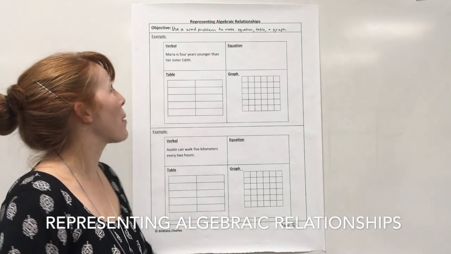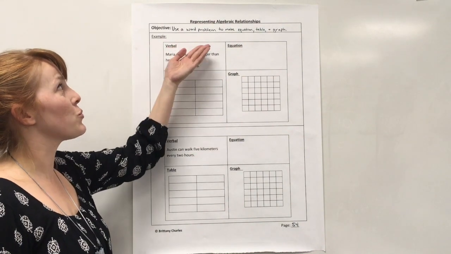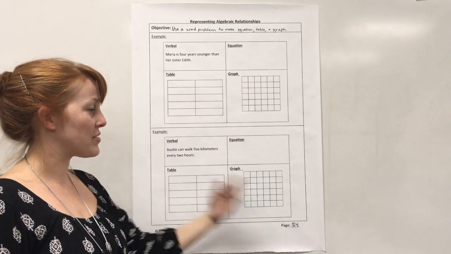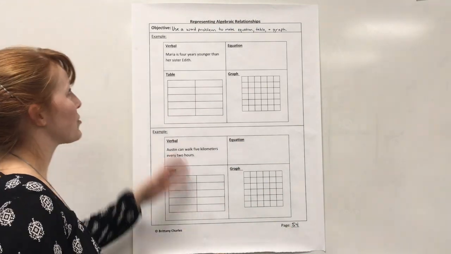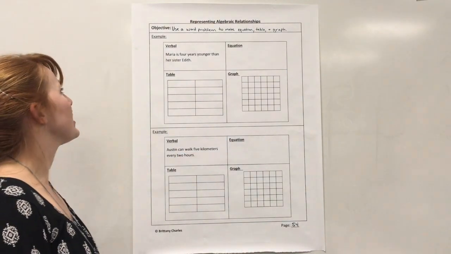Hi, today we're going to be representing algebraic relationships. So our objective is to use a word problem to make an equation, a table, and a graph. And this is page 54. All right, so I look at this word problem, or really just a piece of a word problem, and it says